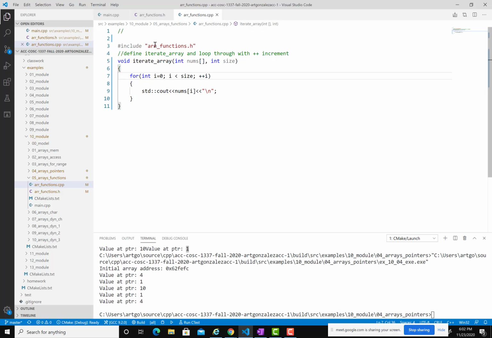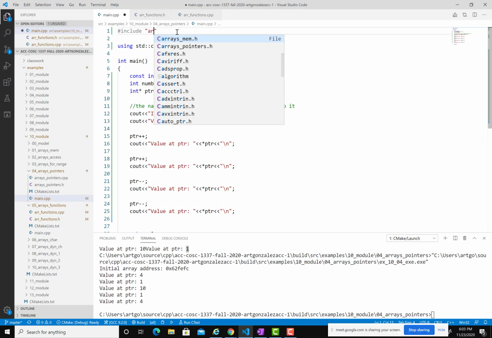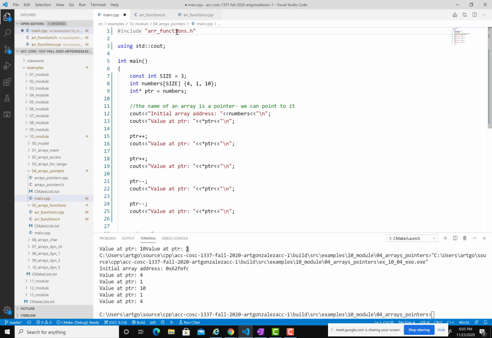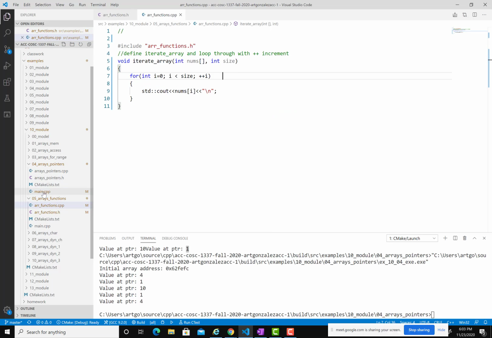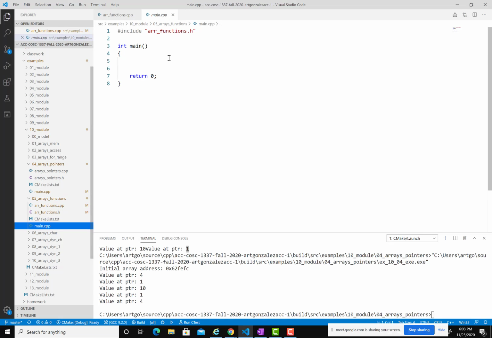Okay, so in main we will include array functions, and I guess we can leave that one here, and this is the incorrect main. Okay, so this one is not the main that I'm seeking, it's this one. Okay, so we'll say